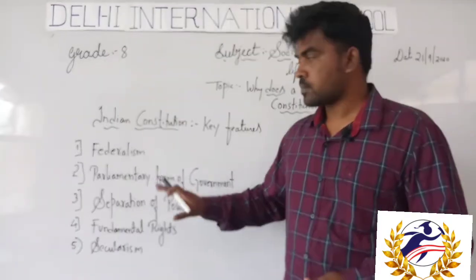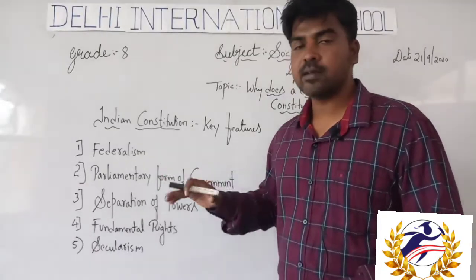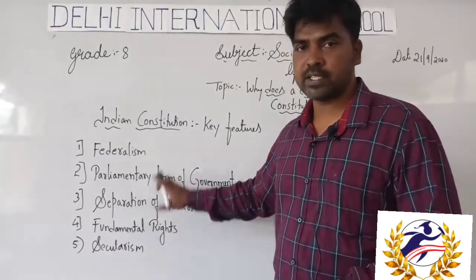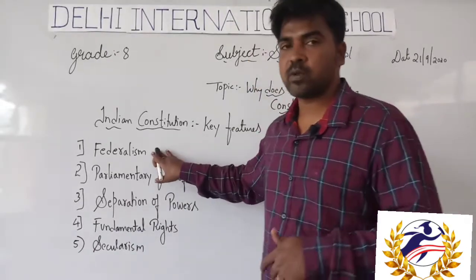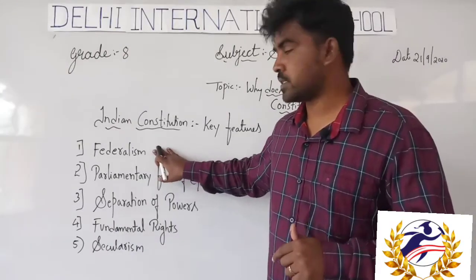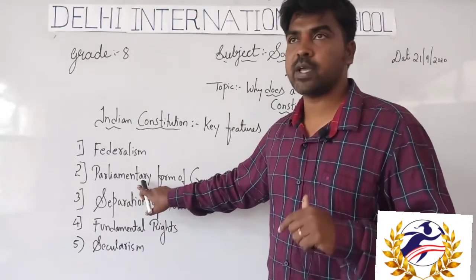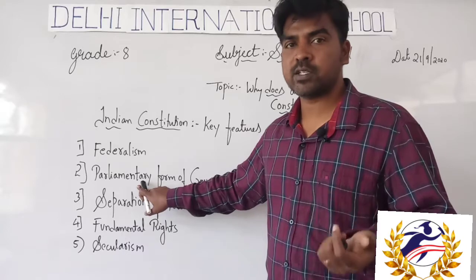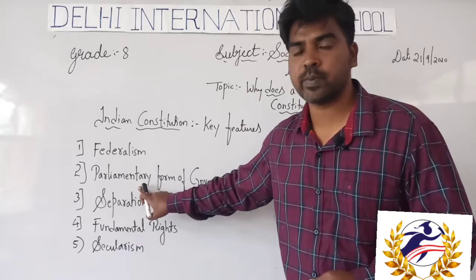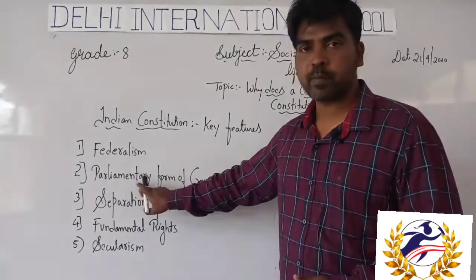Well students, we will discuss these concepts one by one in the next class. For now, I will just introduce the meaning of each. Federalism means more than one type of government. Next, the parliamentary form of government. We have a parliamentary system with 2 houses, upper and lower, Rajya Sabha and Lok Sabha. We will learn the functions, duties and responsibilities of Rajya Sabha and Lok Sabha in this topic.